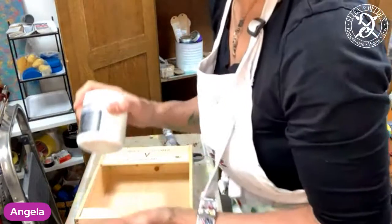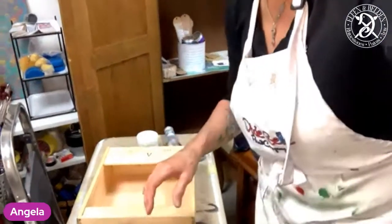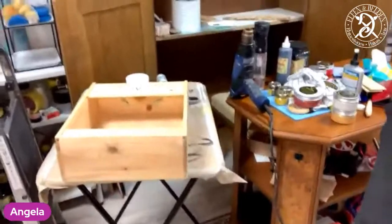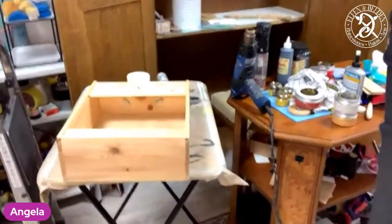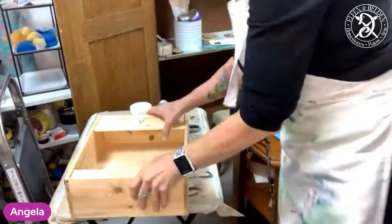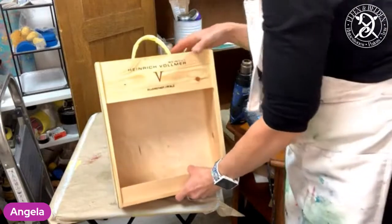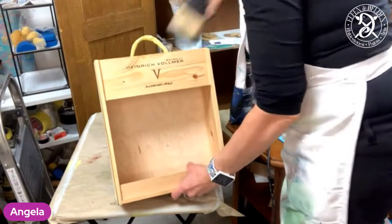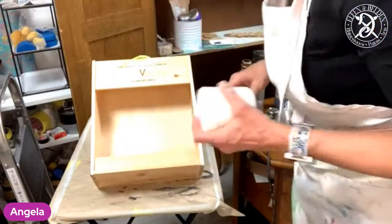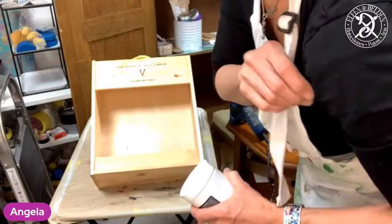You can use a decoupage medium. You can use some top coat. I'm using the Posh Pigment Infuser now for decoupaging. I'm going to bring you down. That's probably not good. So that you can see. I would like you to see a little better. Let's see if it works like that. So anyhow, I'm going to...